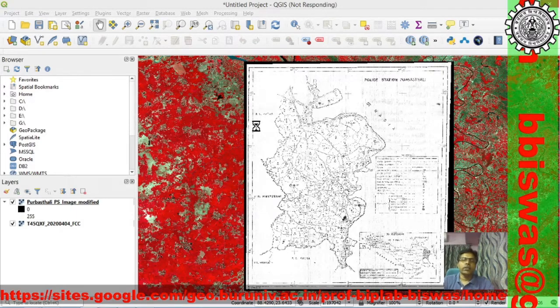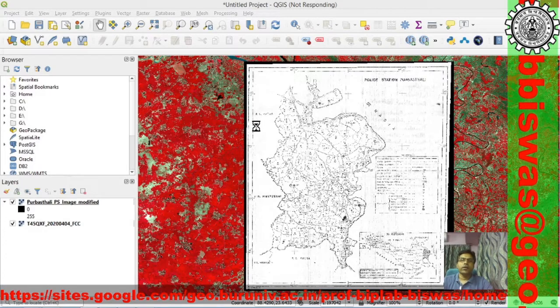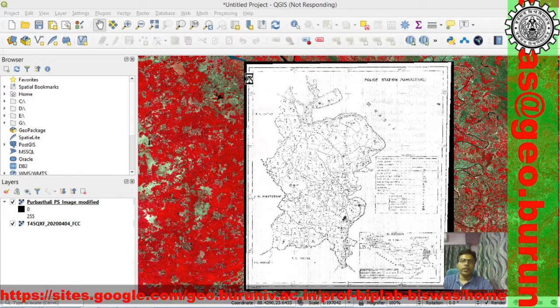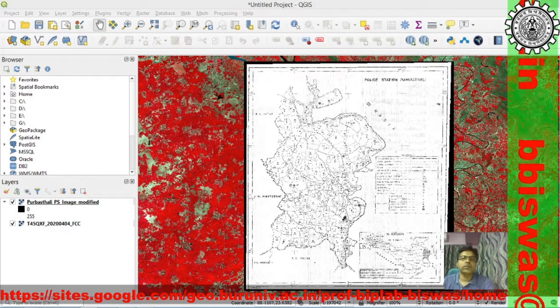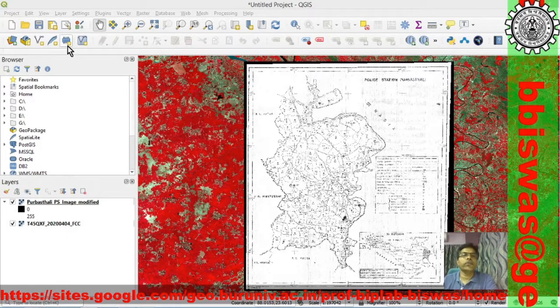Area of interest, AOI, is a vector file, and we shall prepare a vector layer for this subsetting purpose. How to prepare the vector layer?